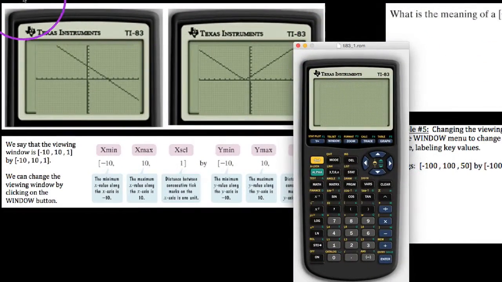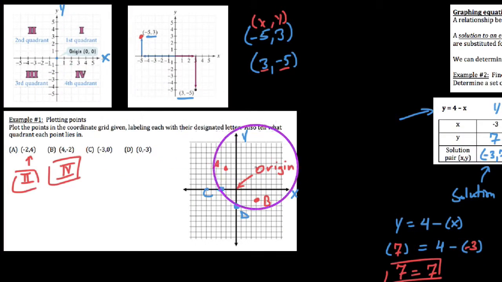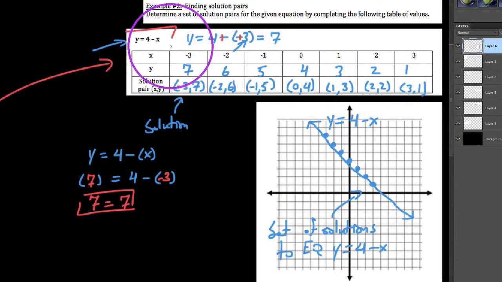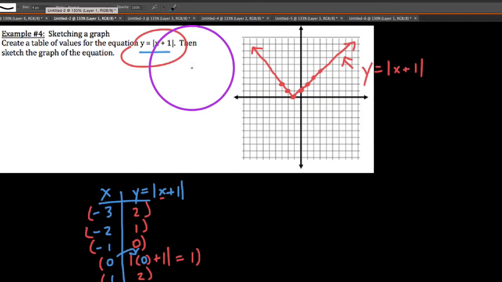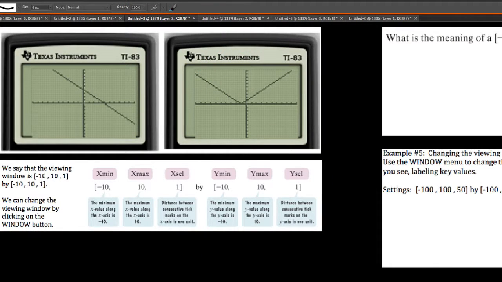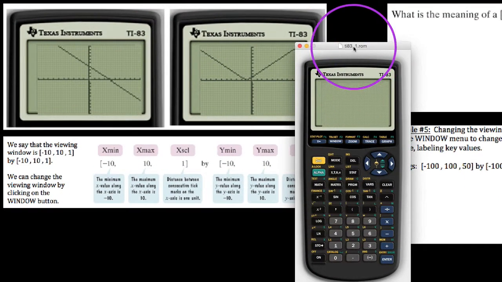Okay, YouTube, in my last video, we talked about how we can graph ordered pairs in the xy coordinate plane and then use that concept to graph equations such as y equals 4 minus x. We graphed that here. Or we had an absolute value equation, y equals absolute value of x plus 1. In this video, what I'd like to do is show how we can also create these using a